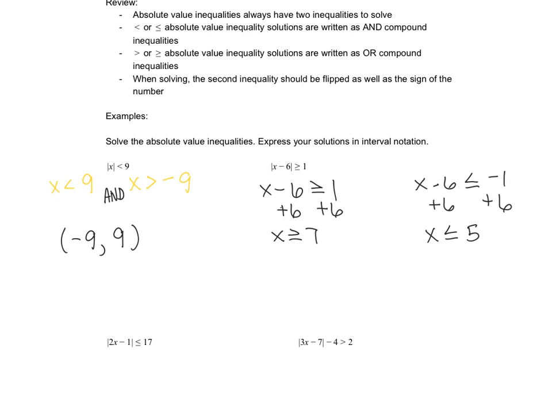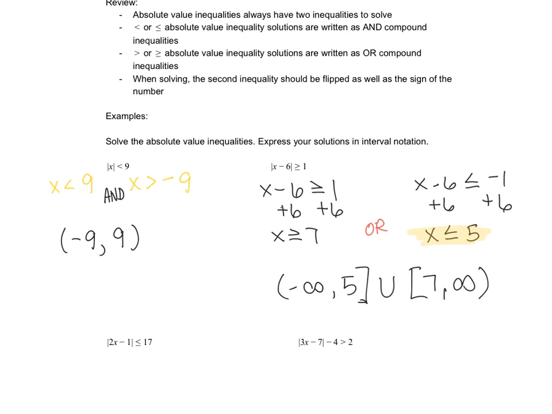So if I'm trying to determine if this is an or or an and, again, looking up to my cheat above, my original inequality was greater than or equal to. So that means we're going to have an or solution. Or means you write two intervals, and you always start with the interval that contains the less than. So everything less than or equal to 5 is parenthesis negative infinity comma 5 with the bracket because it's got an equal to. Union,